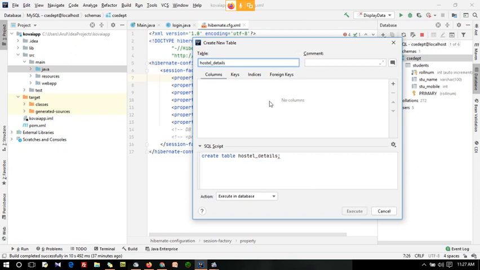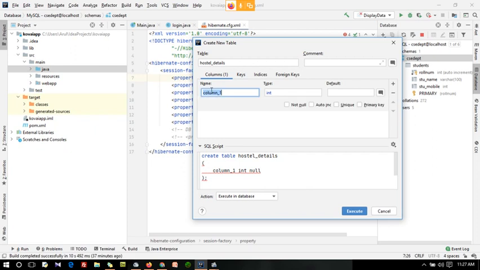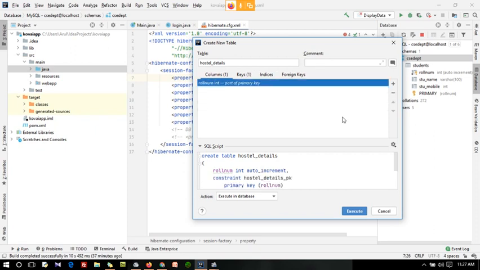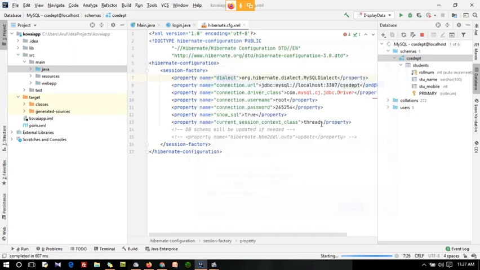You can have a column, roll num, integer. It is auto increment. It is primary key. If you execute this, it will get created inside this.